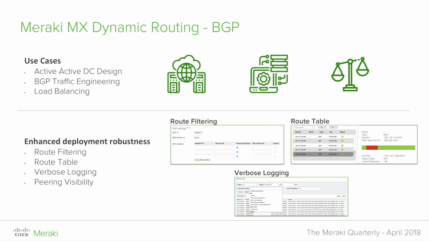Moving over to the right here, we have enhanced our route table to include not just BGP learned routes, but also the path attributes associated with each route. You can see the little connectivity bar. That's where we track the next hop. We make it very easy to see when you lose a route.